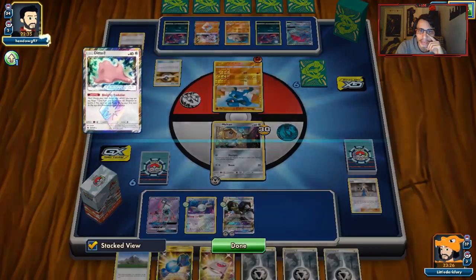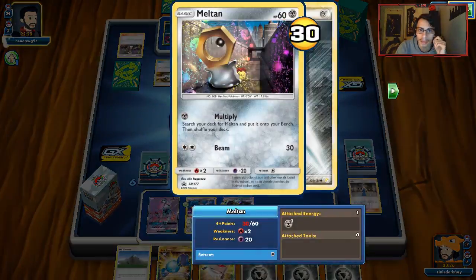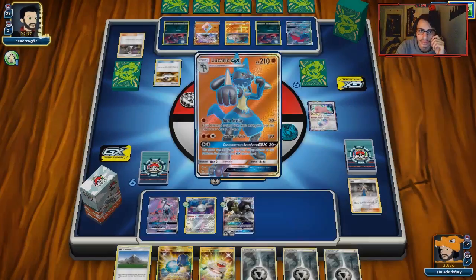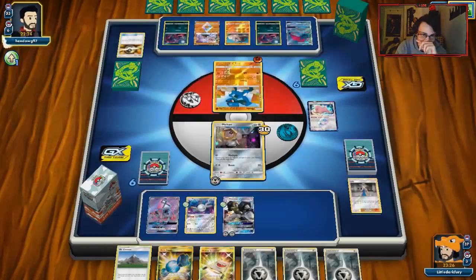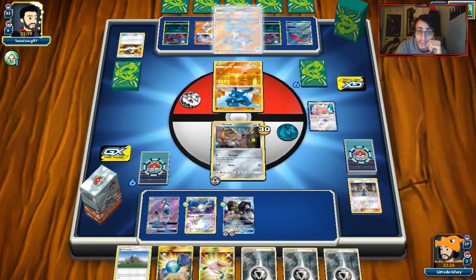It's actually kind of bad. There's no cannon fodder right now. If I had the other Melmetal, I would have just kept sacrificing Melmetals. Or Meltans, whatever. Please just knock me out Lucario. I know it's not a good idea. Kinda wish I had a Frying Pan now, then he would have had to have knocked me out Lucario, and